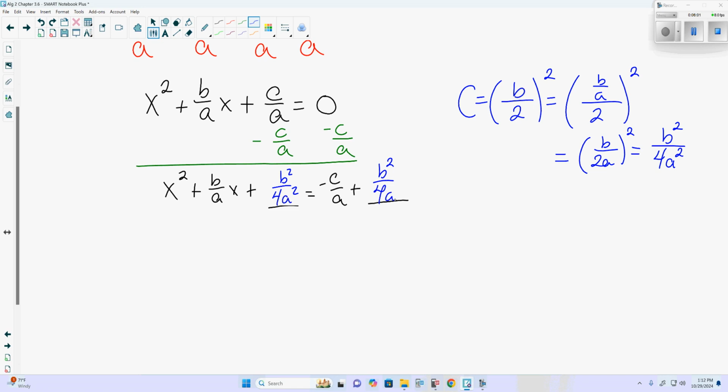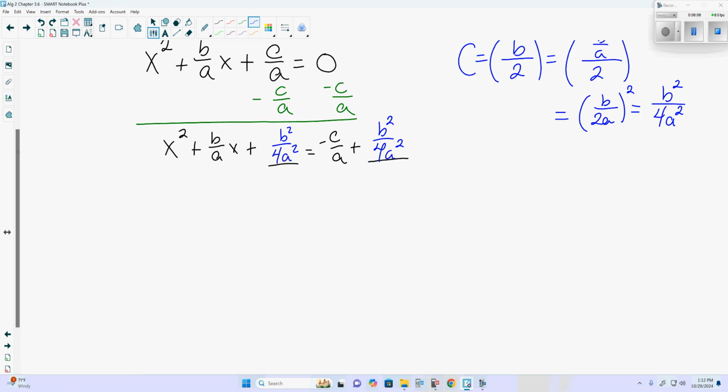Now again, being able to do this step by step really doesn't matter. It's just giving us a foundation for how this works. Now the x squared plus b over a x plus b squared over 4a squared, all this factors because we still have x. And the number and sign inside the parentheses before we squared it was positive b over 2a. So this whole thing here, x squared plus b over a x plus b squared over 4a squared, factors down to x plus b over 2a, squared